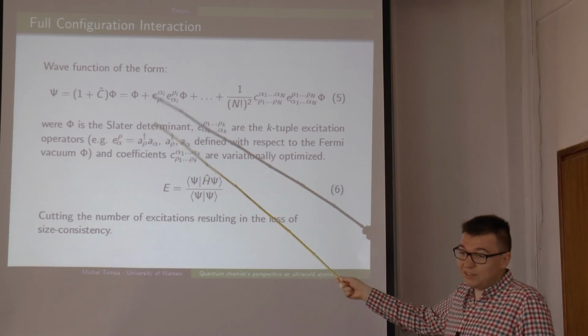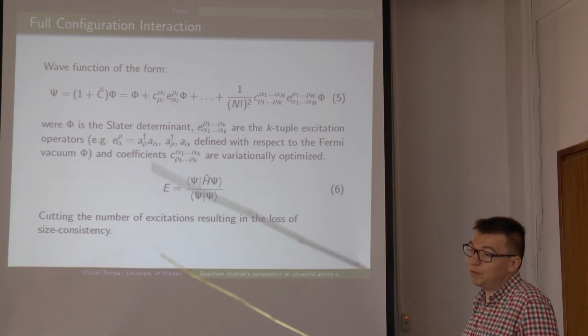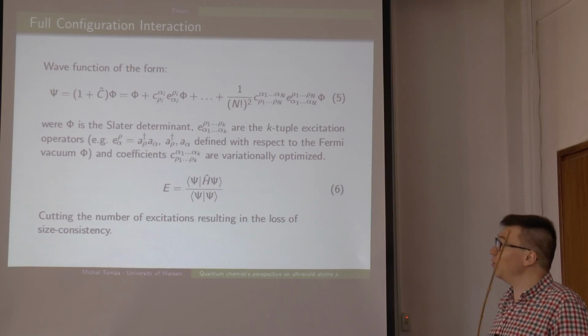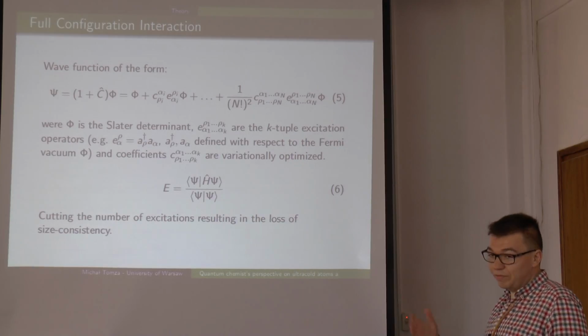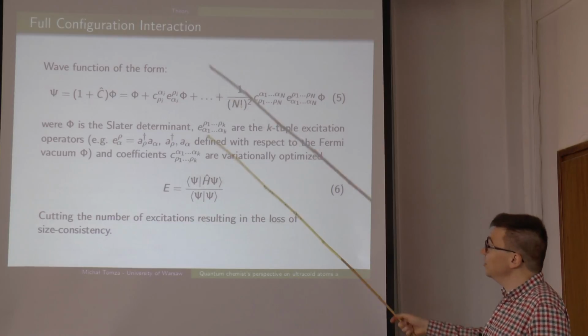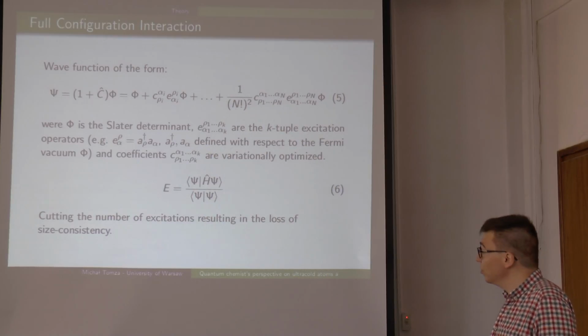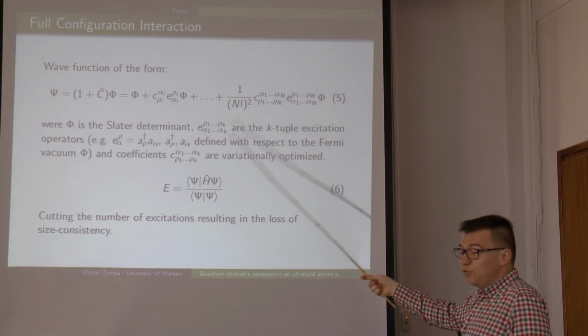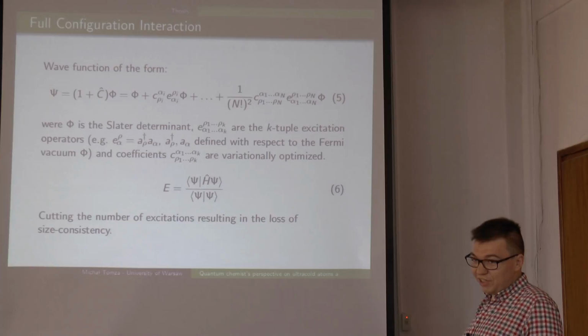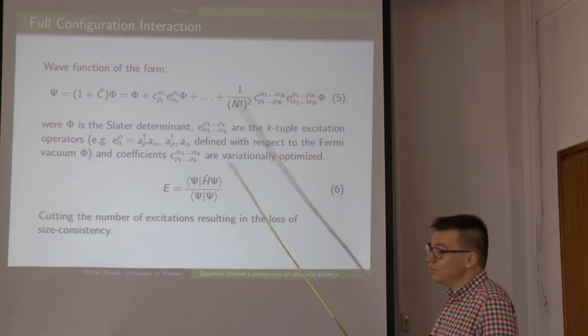And then of course it starts to be important what the reference is. And we find that Hartree-Fock is quite okay, but only for weak interactions. And once you want to go to very strong interaction, then probably some other reference should be used, and it can work better. But this method is problematic because if you make this kind of truncation of full configuration interaction, then the method is not size consistent.